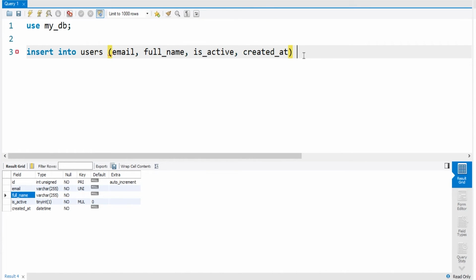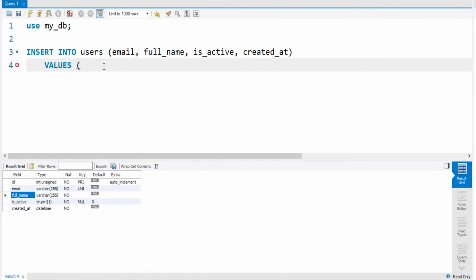Then after specifying the columns in the parentheses, we can specify values that we want to insert. And as you notice, this is not case sensitive. So these keywords you can do all uppercase or lowercase, it does not matter. Then within the values, we have the parentheses here, and within the parentheses, we specify the values that we want to insert. So we can do john@doe.com as the email. Full name would be John Doe, isActive 1, and created at, we can use the function now() to get the current